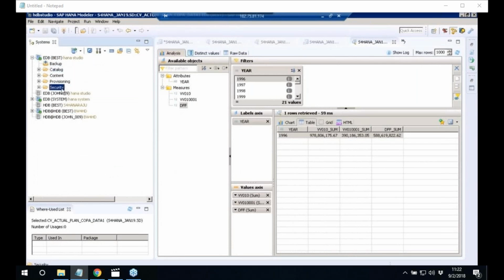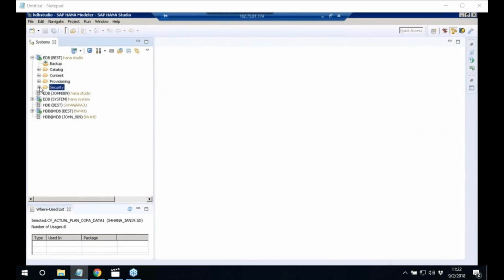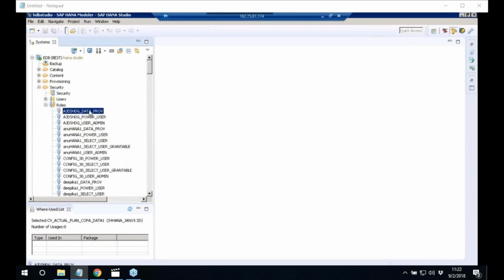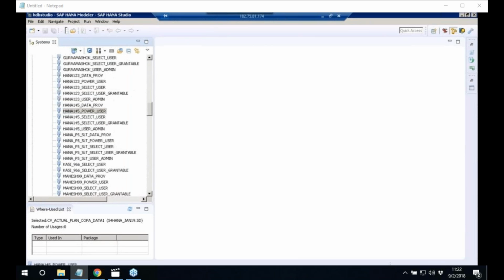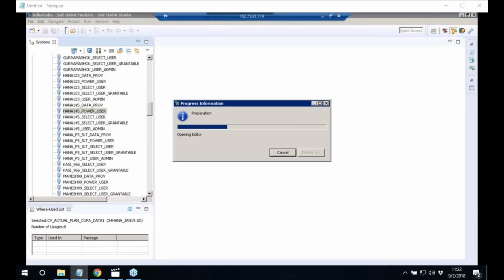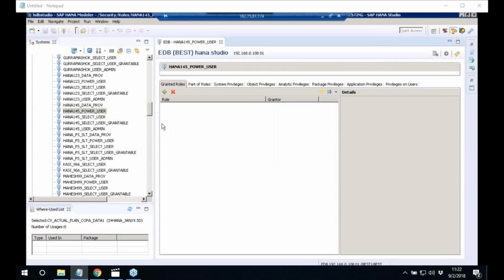Okay, so where do you find this object privilege? Expand the security, expand users, or you can expand roles. Double click on any of the roles. Once you double click on any of the roles,